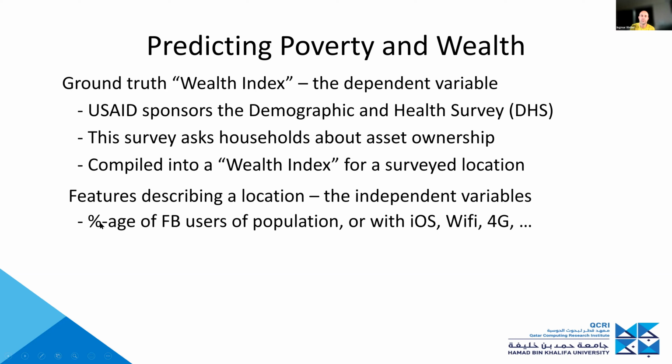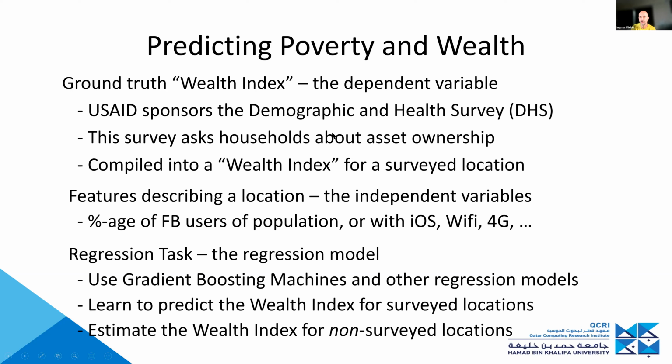So in particular, data on Facebook's penetration, right? Just knowing the percentage of users that are on Facebook is, conceptually already, linked to poverty, right? If it's 80% of the population, or only 8%, right? You'd expect a difference as well. Of course, the device type is already mentioned, but there's also a type about the connectivity, whether people connect using Wi-Fi or 4G. That's probably also likely to be predictive.